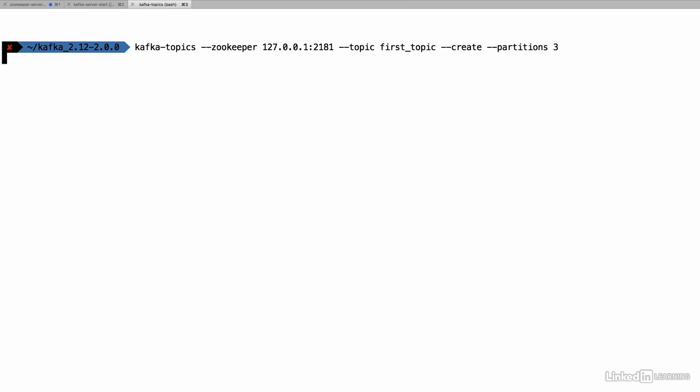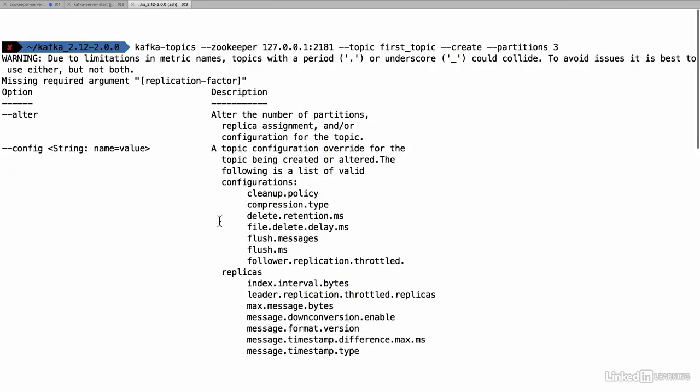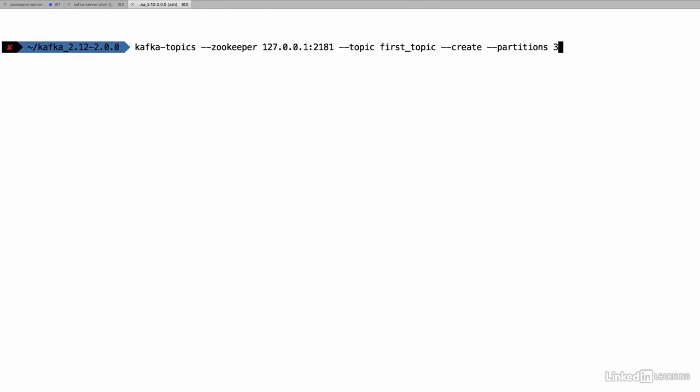So we press enter and we see the documentation again. So something went wrong. We scroll back up and it says missing required argument replication factor. So that's right as well. When we create a topic, as I said, we have to specify the number of partitions, but also the replication factor. So what if we try --replication-factor and we put 2, right? It sounds like a good idea. We kind of want a replicated topic, as I said. We want topics to be replicated. So I press enter